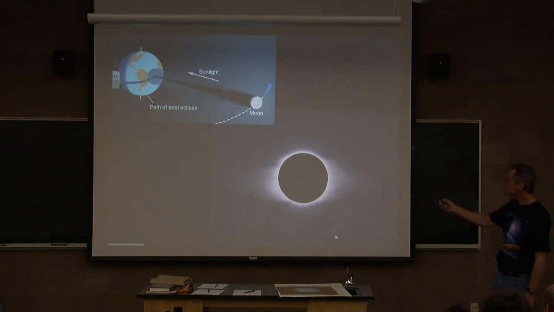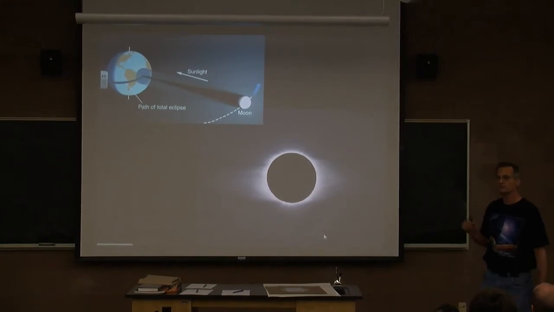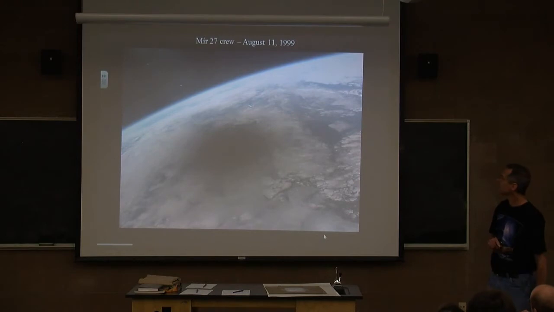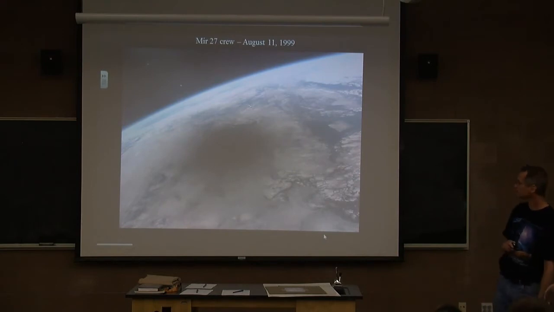But during a total eclipse, the entire disk of the sun is blocked, and you can actually see the corona of the sun, which is the only time you can see the corona, during an eclipse itself. Now, it gets more interesting, as you saw with that penumbra part. This is a picture taken from Mir back in 1999 of the shadow of the moon, the umbra of the moon, on the Earth's surface itself, so you can see what it looks like from space.